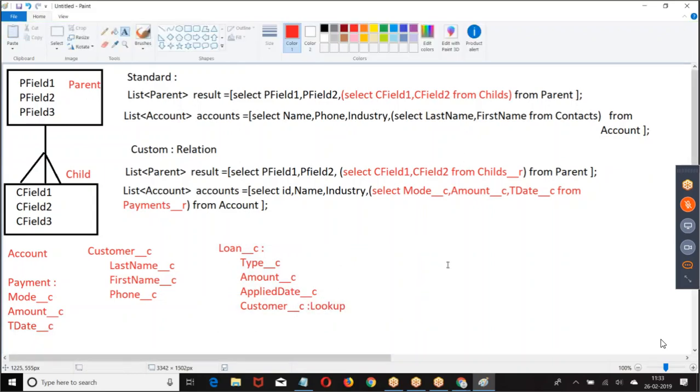So write a query to fetch all the customers with the corresponding loan records.